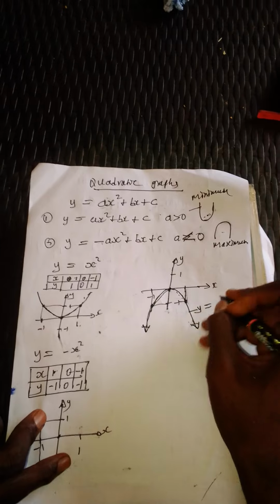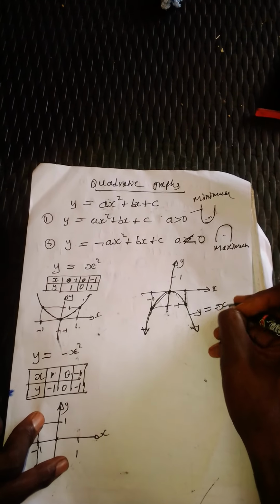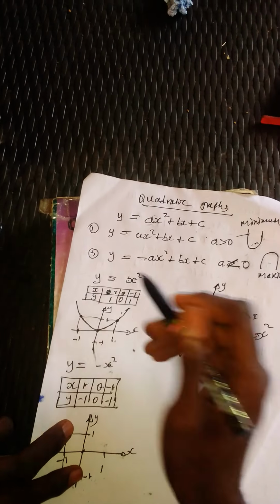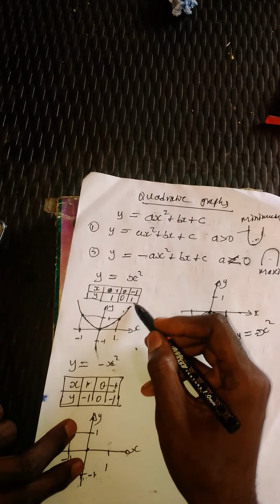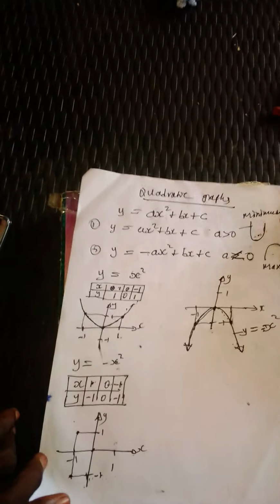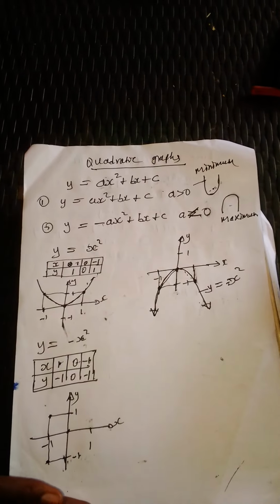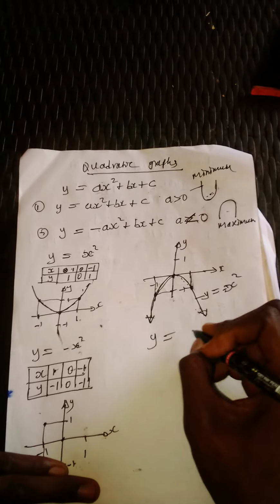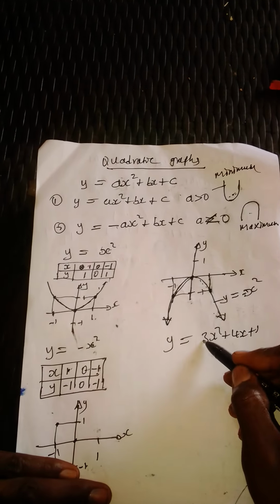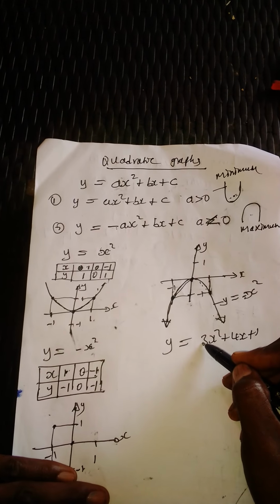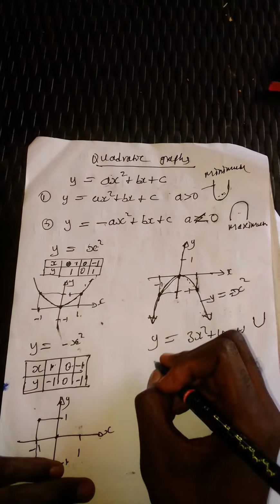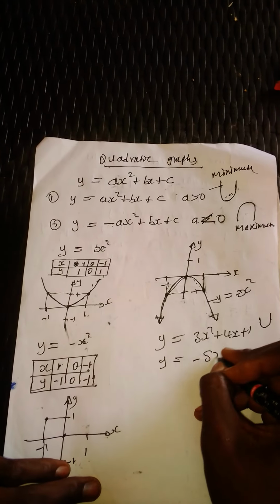So this graph gives us a maximum graph which has a negative coefficient of -1, and this is the positive graph. This is the U shape, which is the minimum, and this is the N shape, which is the maximum. This is just a short way of drawing quadratic graphs. So if you see graphs like 3x squared plus 4x plus 1, you know the coefficient is positive, therefore it is a minimum graph, which gives you a U shape. If you see another graph like, let's say, 5x squared